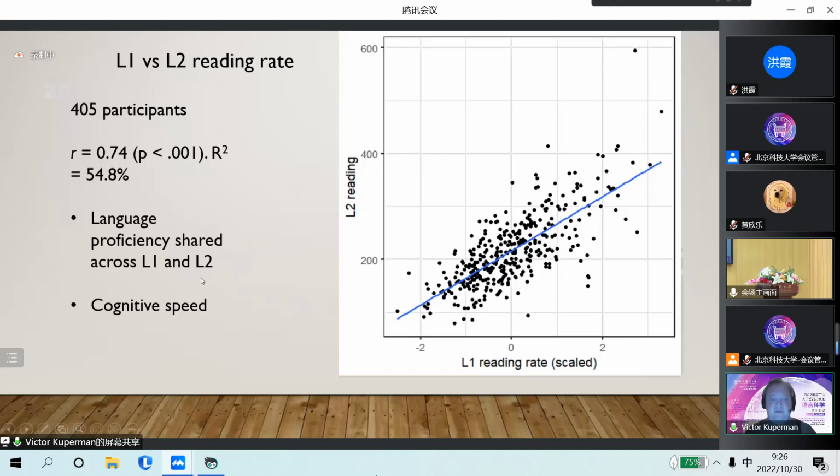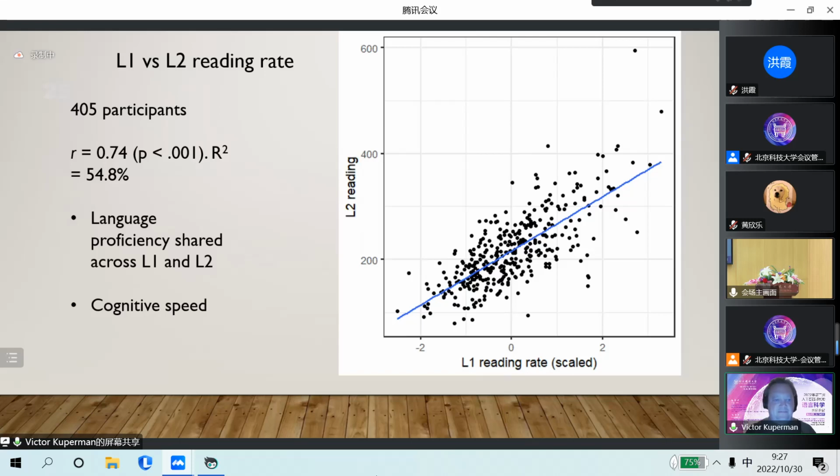This can be explained by several factors. First is that language proficiency is shared across L1 and L2. Chances are that if you learned your first language better, you might have better ability in learning your second language. But it also might have a completely extra linguistic explanation, cognitive speed. If you are fast in cognitive tasks of any sort, you will be fast both in your L1 and in